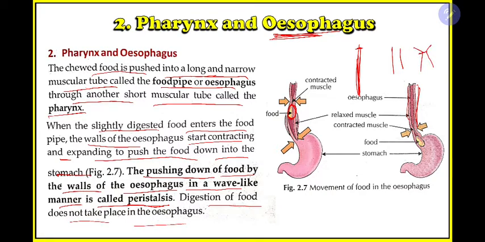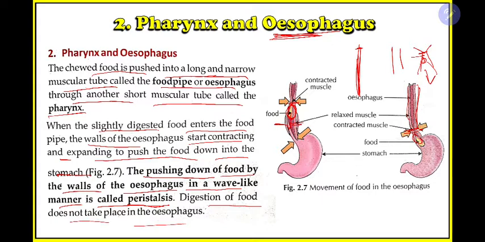So if this portion is contracting, it is coming together, so it will push the food to move this way because this is the more open side. Similarly, see here, the food is here, so the pipe here is coming together, and this part will make free space, so the food will come down. When the food is here, the muscle that was earlier contracted here will now get contracted over here, so it will push the food to move downward.